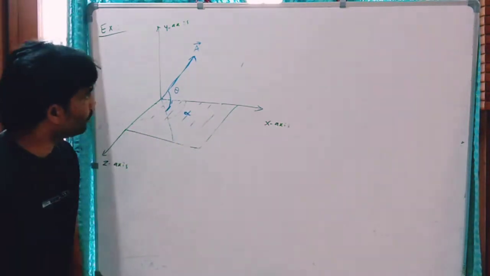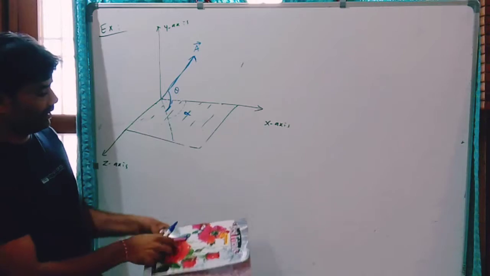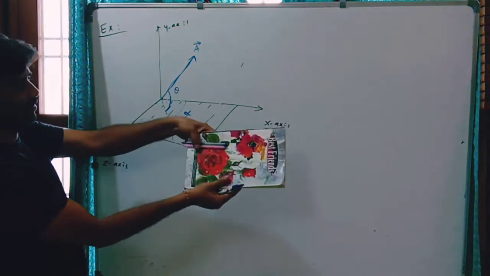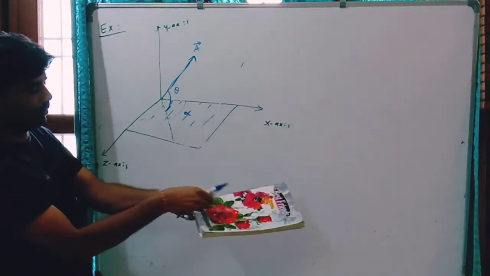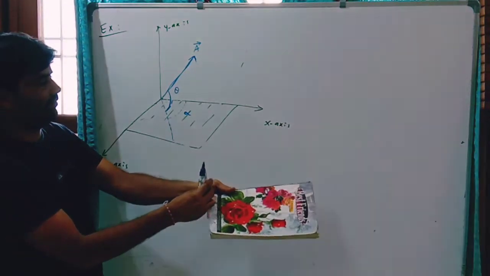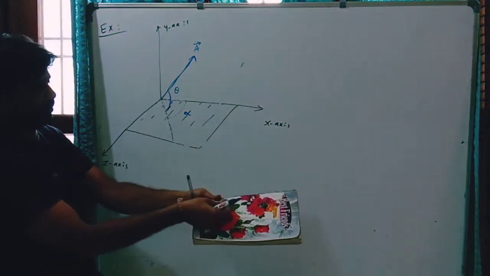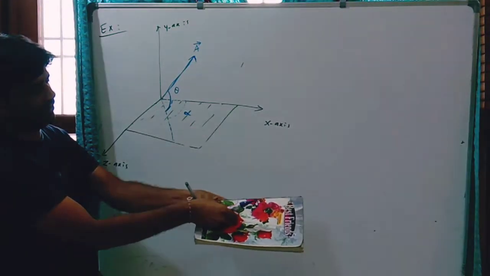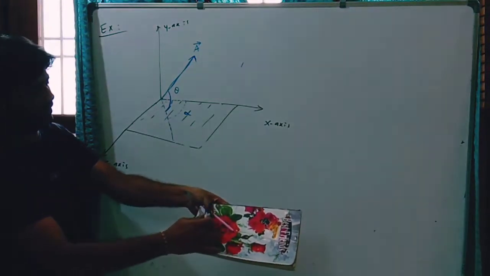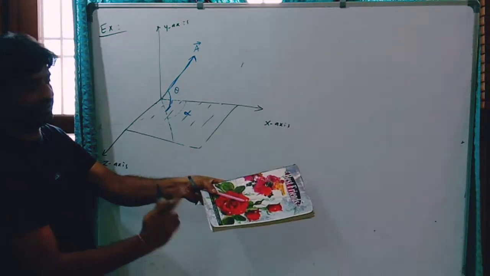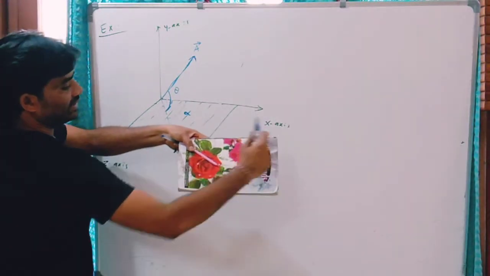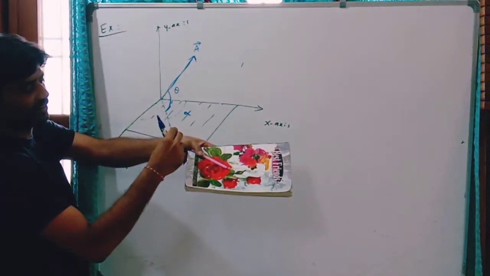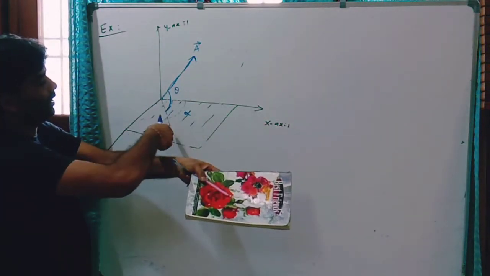You can see here, to understand this diagram, let me take this book as our xz plane and this pen is now the y axis, and I have drawn an imaginary line. So this is the line, this is z axis, this is y axis, x axis, z axis, y axis, right? So this is the line I have drawn.